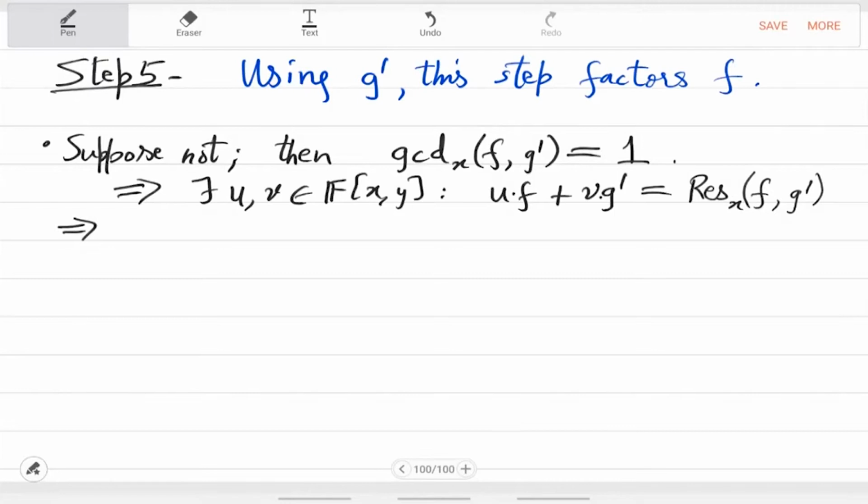Okay, next what? So just this equality will now give you contradiction. I mean, using all your algorithmic steps and this equality, you will get a contradiction. So what do you know about f from the algorithm? F is gk hk, right? Mod y to the 2 to the k. What do you know about g prime? G prime was gk lk, congruent to the resultant.